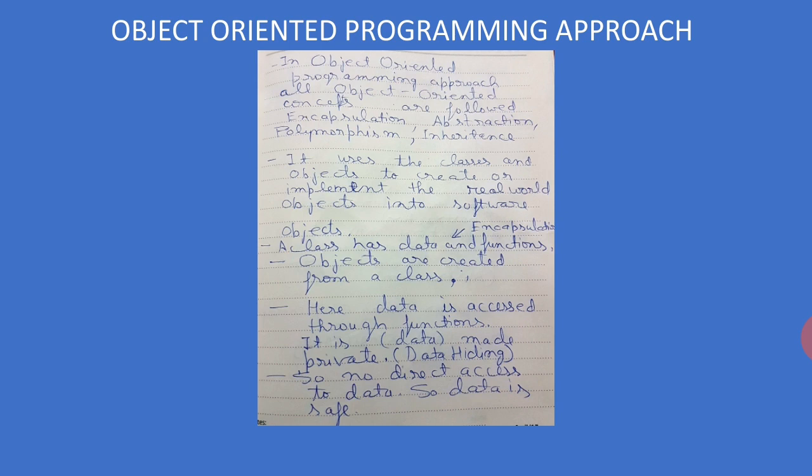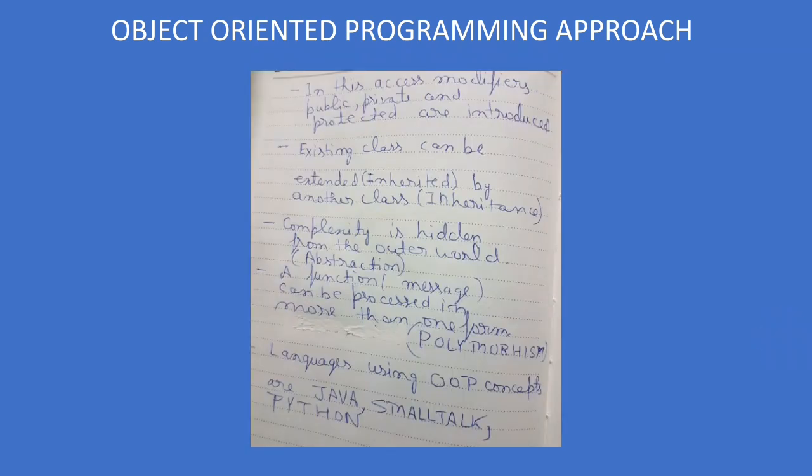In the object oriented, data is accessed through the function. Means if you want to interact with the data, or you want to see the data, or you want to perform certain operation upon the data, the only way out is through function. And generally data is made private. That's not a rule, but generally we do that because it is good. That makes our data safe. So access modifier private has been provided for that, and this way we can hide our data, and this is what we call data hiding. So there is no direct access to the data, and that makes our data safe.